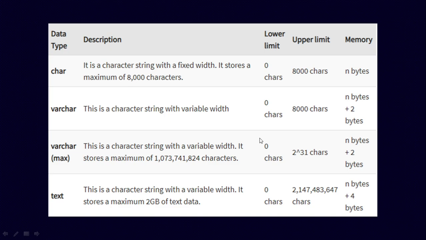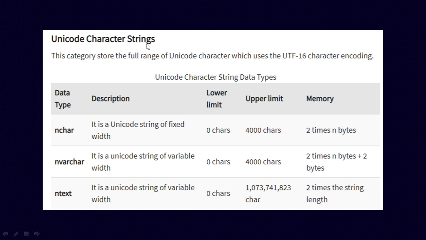So here are the characters. If you declare varchar, you can go up to 8,000 characters. Even in the case of character, you can go up to 8,000 characters. One is fixed width, the other is variable width. Fixed width means even if you don't enter the data, it will occupy some space. Whereas in the case of variable width, for example varchar of 10, it won't allocate the 10 characters.